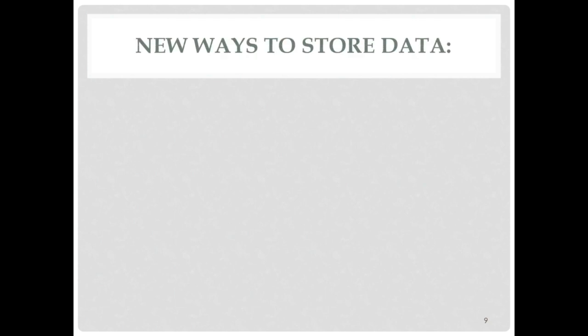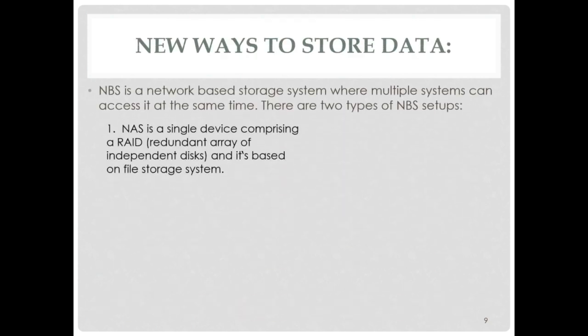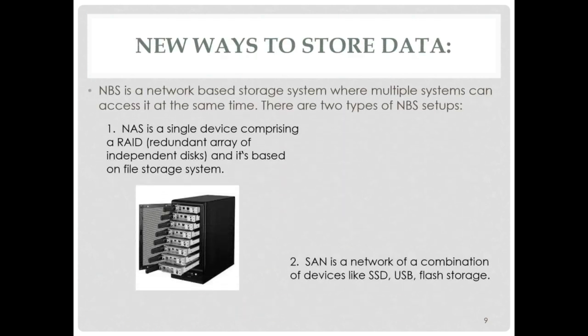Moving on to new ways to store data, we have NBS, which is a network-based storage system. Multiple systems can access it at the same time, making sharing and collaborating with others easier. There are two common NBS setups, which are NAS and SAN. NAS is a single device comprising a RAID, the redundant array of independent disks, and it's based on a file storage system, while SAN is a network of a combination of devices like SSD, USB, flash memory, cloud storage,